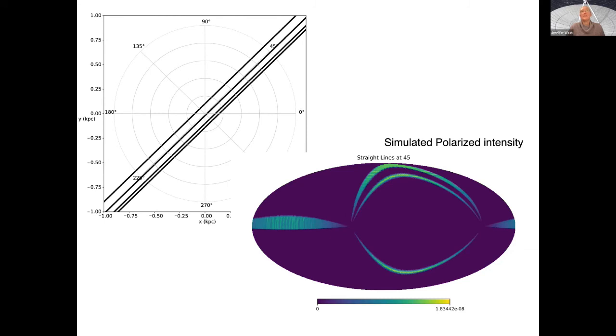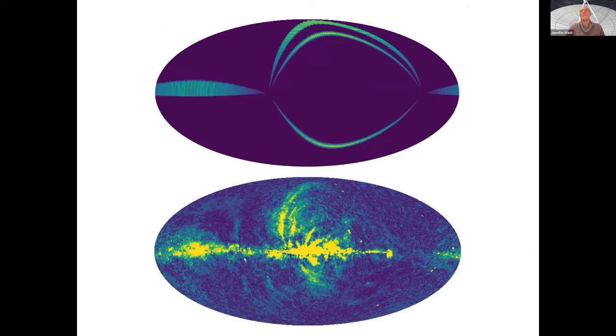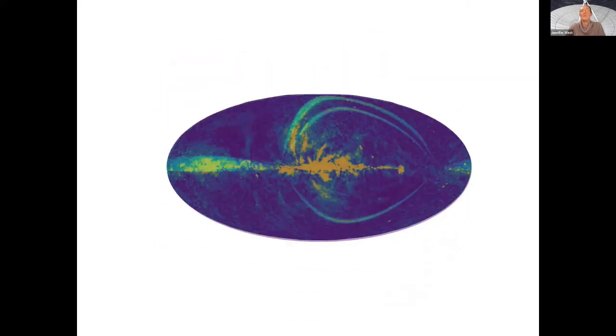I shifted those lines, changed the angle a little bit, and got something that even more resembles what we see. And so this map here at the bottom, I haven't shown you yet, but it is also a polarization map of the sky at a different radio frequency than the one I showed you before. And if I overlay these, you see that there's some correspondence, but there's also quite a bit of difference here, especially at the bottom. And if you recall, I said that a lot of the studies have shown that this part of the North Polar Spur is close to us,